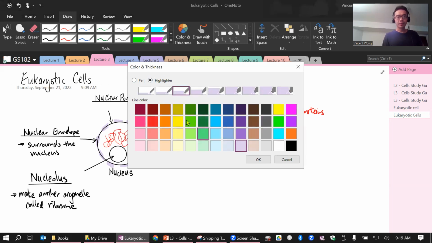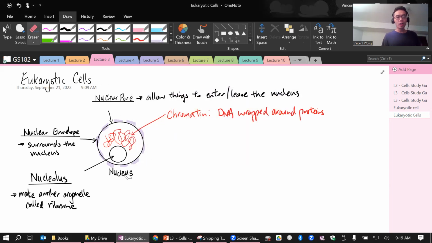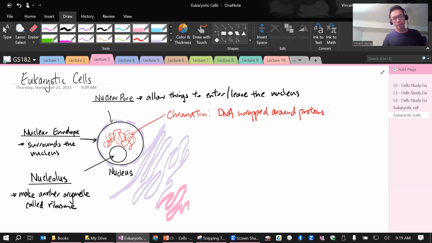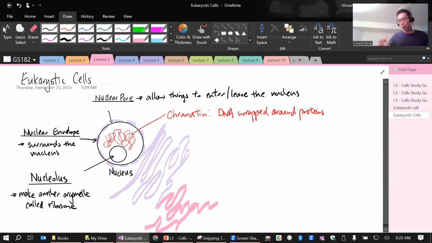Now moving on over here, the nuclear envelope that we drew actually does not stop here. It will extend into the cytoplasm to form these long tunnels. Long tunnels, and then it will continue. I'll use a different color here. It keeps on going outward into the cytoplasm. So these networks of membranes, essentially, we call them